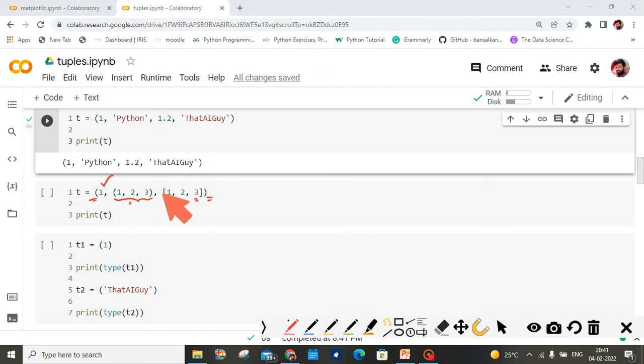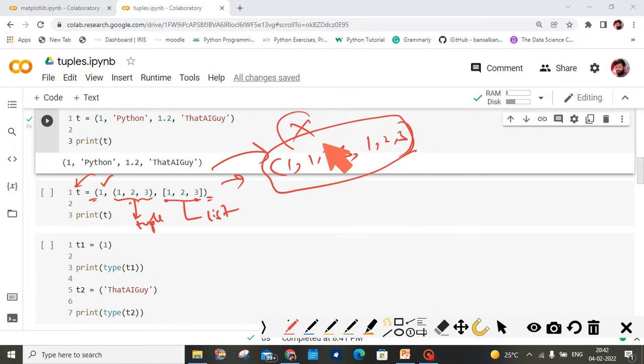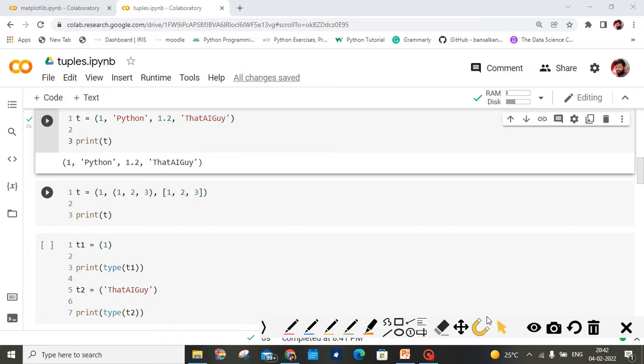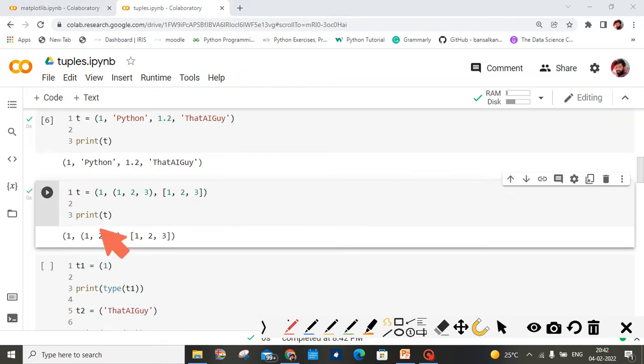Look at this. This entire thing is list data type. This entire thing is tuple data type, and we are giving a parenthesis outside of these things, and totally it is a tuple. Okay, so totally it is a tuple, what are you thinking, will it print like 1 and 1 comma 2 comma 3 and 1 comma 2 comma 3? Do you think it will print like this? This will not print like that. Okay, the elements will be as they are. Whatever the data types, they will stay as they are. Look at this. It is printing the list as a list itself inside that one, but overall it is a tuple.